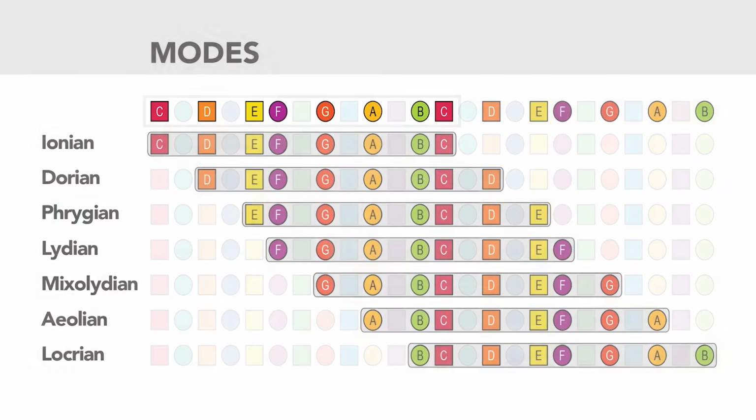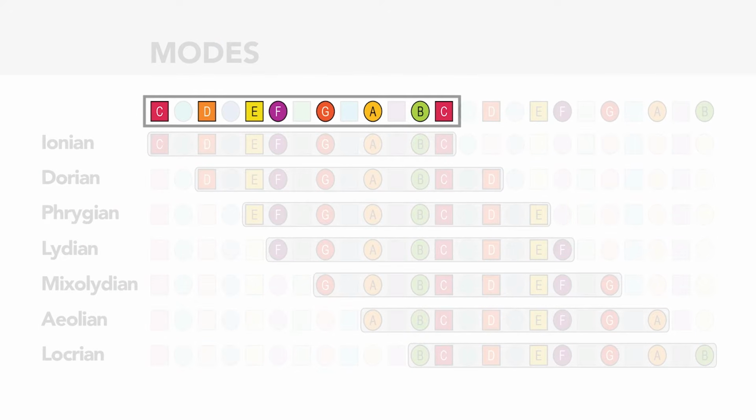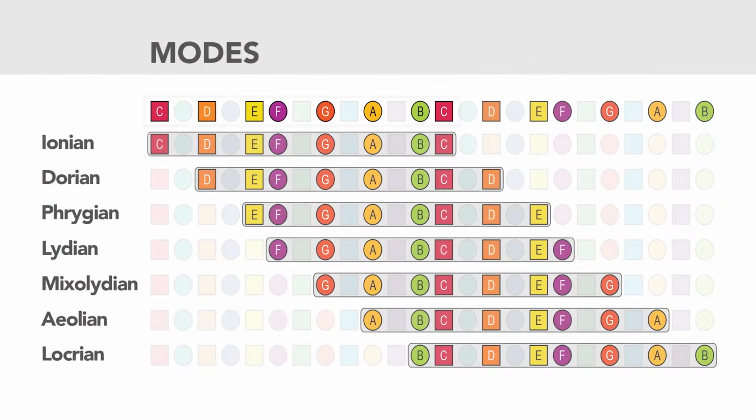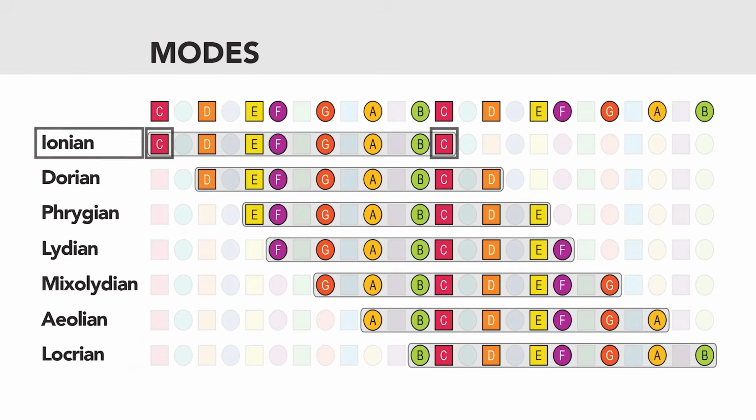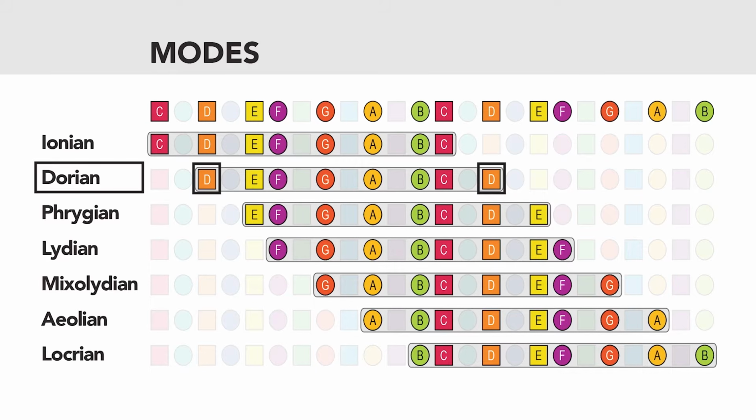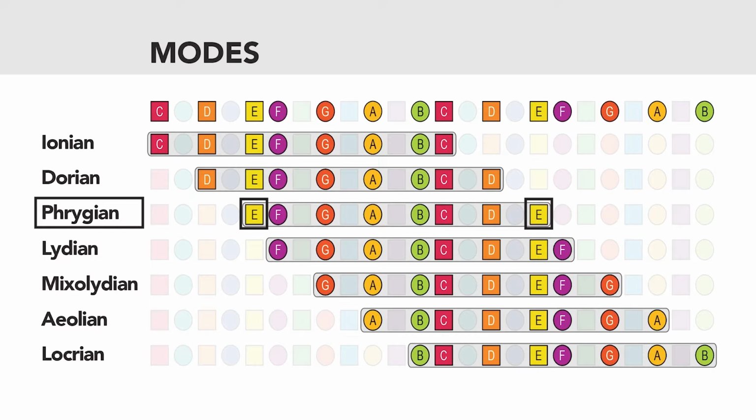So if we take the C major scale, for example, and play the same pattern, beginning and ending on each respective note to form different derivative patterns or permutations, we get 7 different modes. The major scale itself, also known as the Ionian mode, the Dorian mode, which starts on the second note of the source scale, in this example, D Dorian, the Phrygian mode starting on scale degree 3, or E Phrygian here,